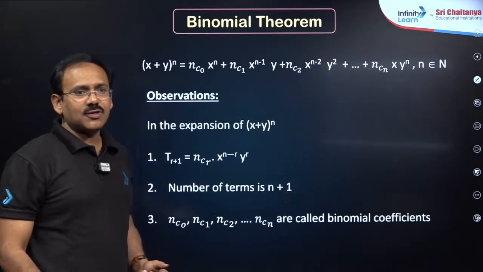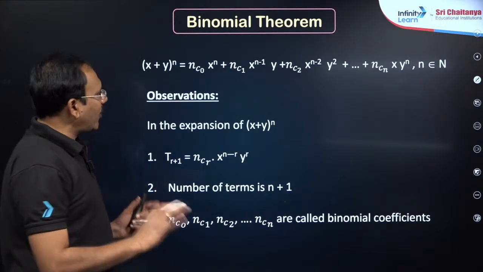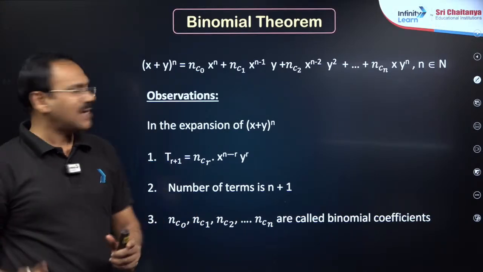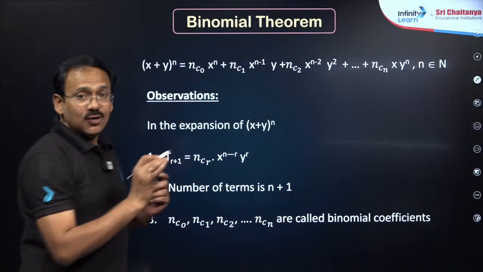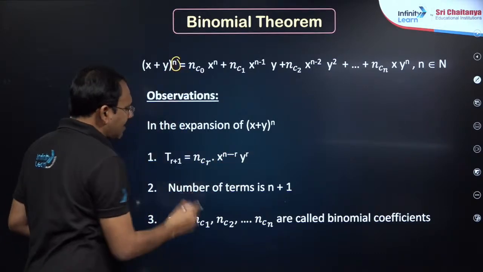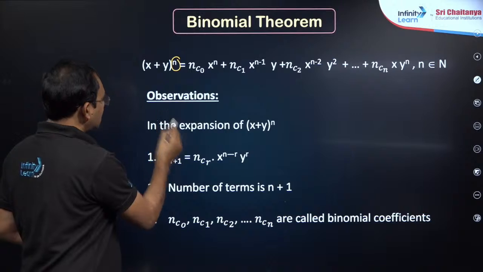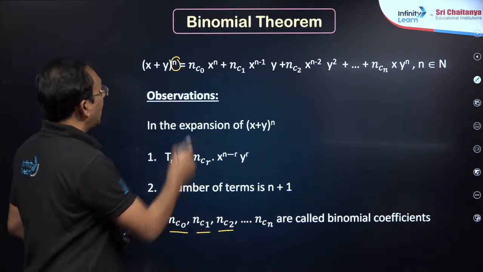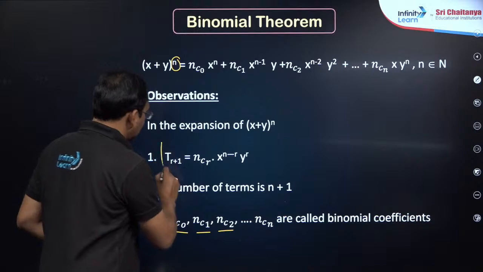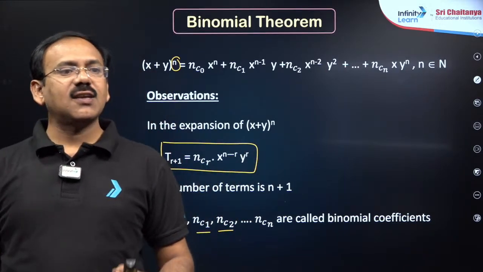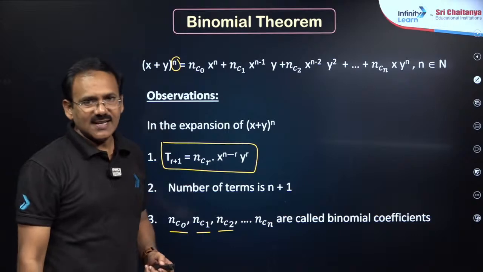The next, my dear students, binomial theorem, very basic statement, you know, (x+y)^n expansion, you know how to write. Most important point is when power n is there, there will be n+1 terms, and these numbers C0, C1, C2 are called binomial coefficients, and the (r+1)th term is nCr into x to the power of n−r into y to the power of r, right, dear students.